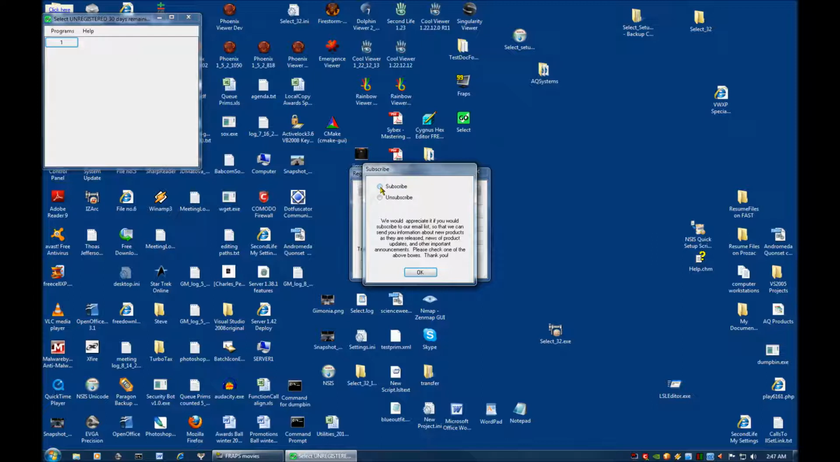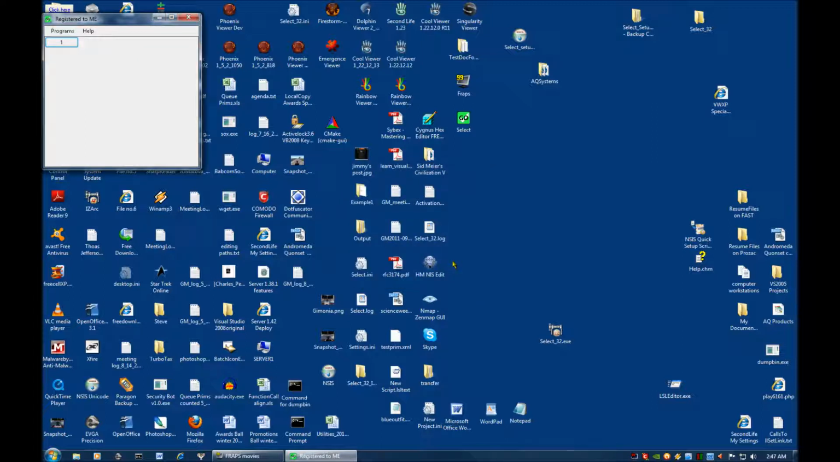That is also disclosed in our privacy policy, which is buried in the instructions for Select. Press OK. There. Now it has registered with the server. Notice that the top border now says registered to